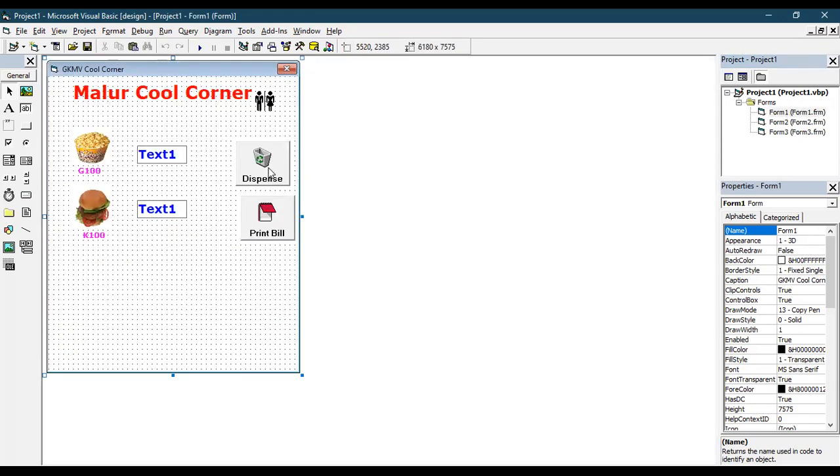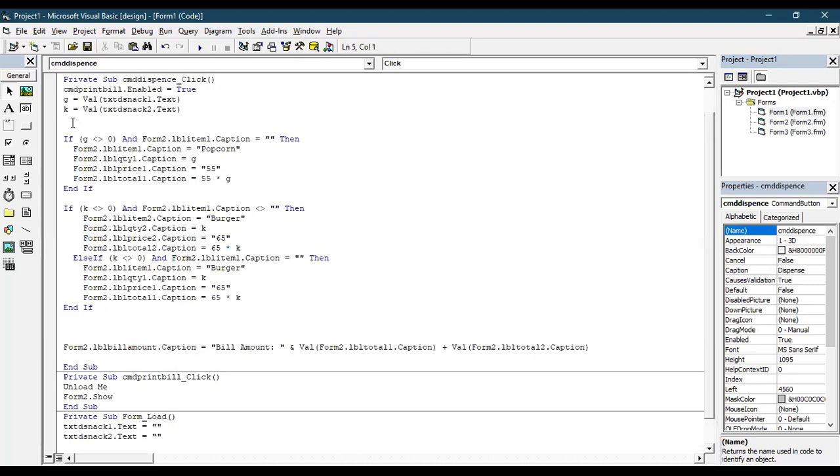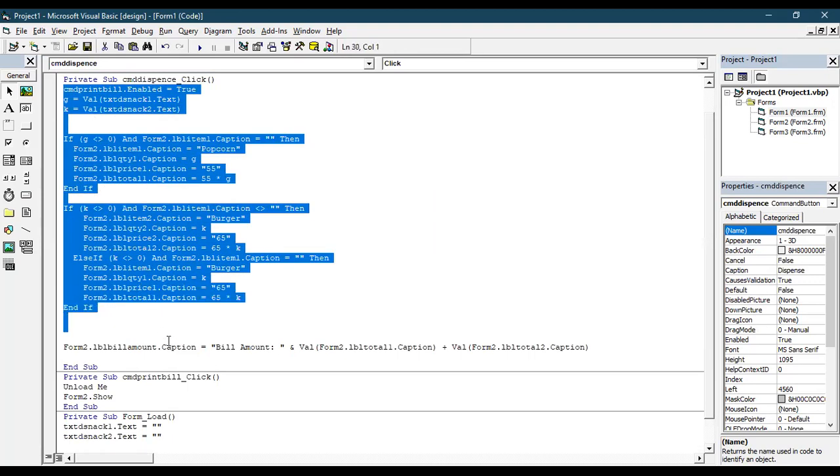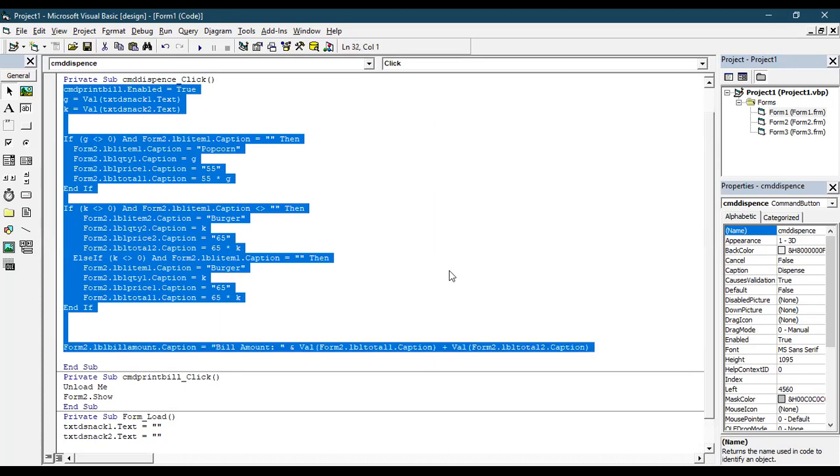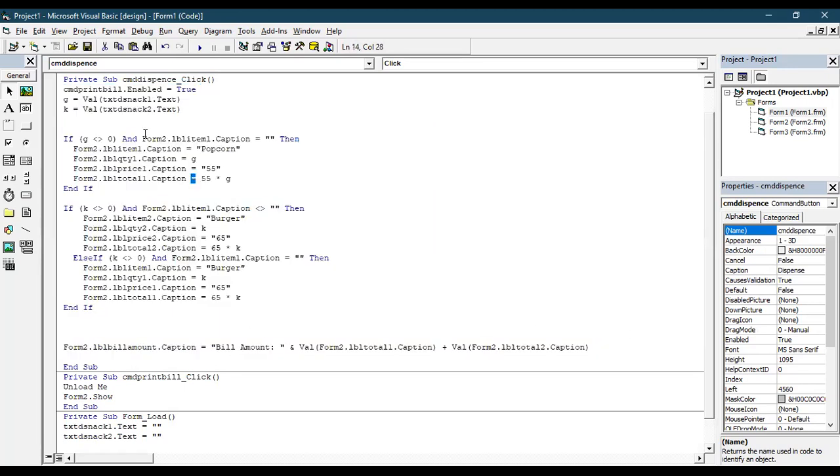Then click on the dispense button. For dispense, you need to write this entire coding. First, we need to enable the print bill command button. Then take the value entered for the first item in the first text box into G, and the number entered in the second text box into K. Then check if G is not equal to 0. If it is 0, we can't put the bill. So if it is not equal to 0,